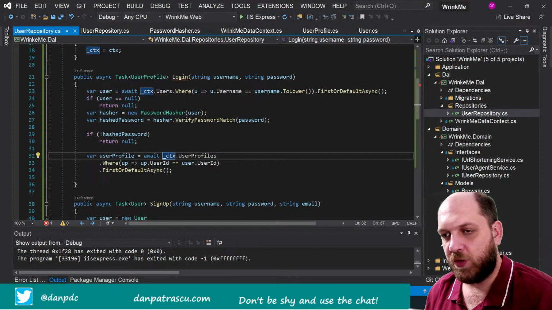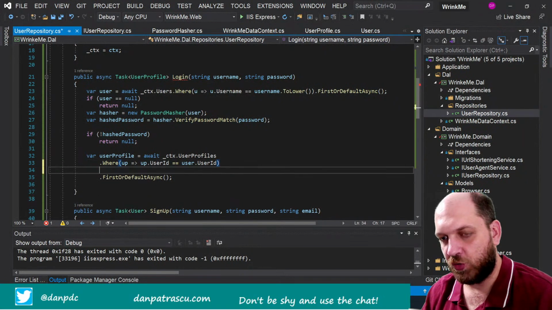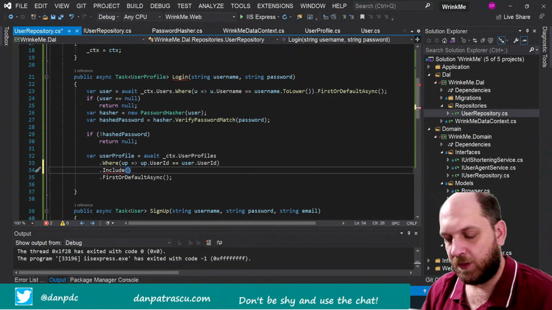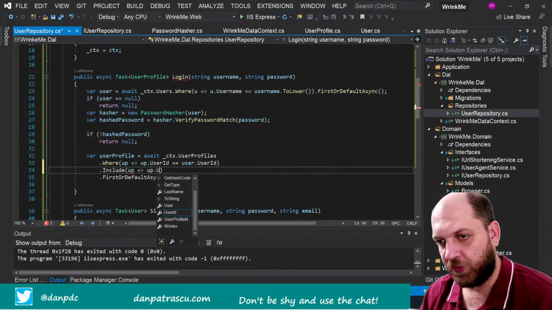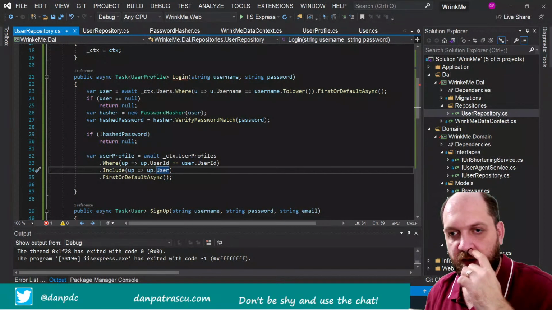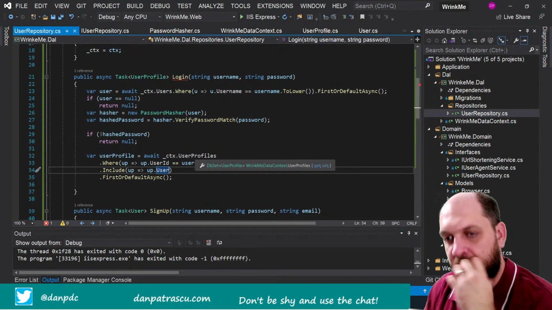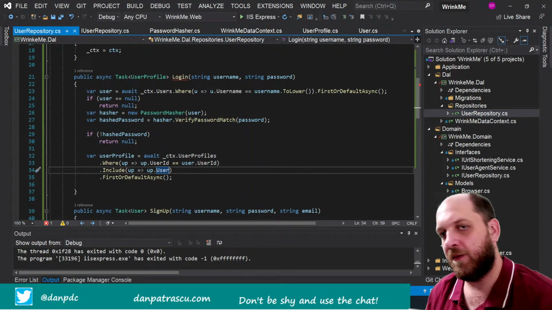So right now we want to get this user profile, but we also want to include the user profile. We want to include the user because we want to have information about the user in the user profile, and maybe